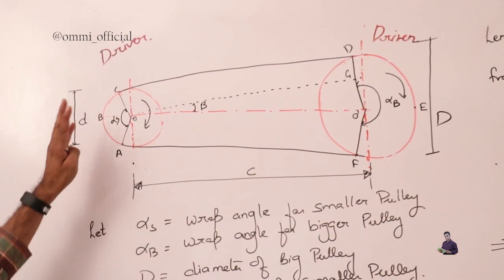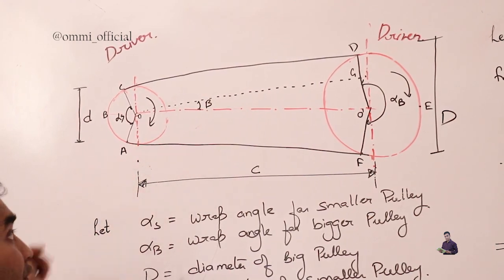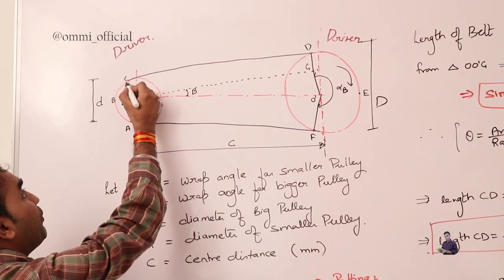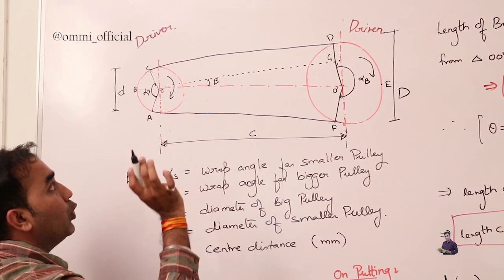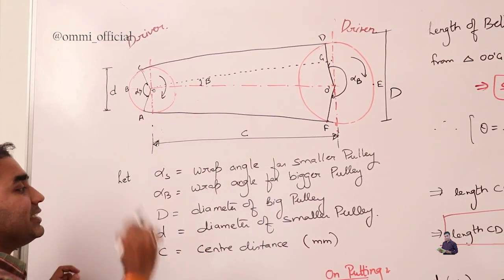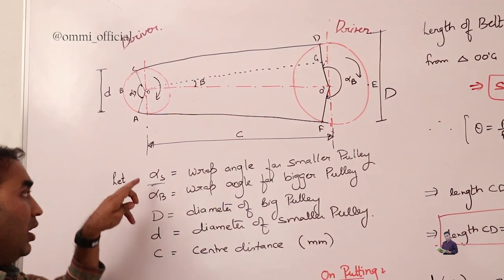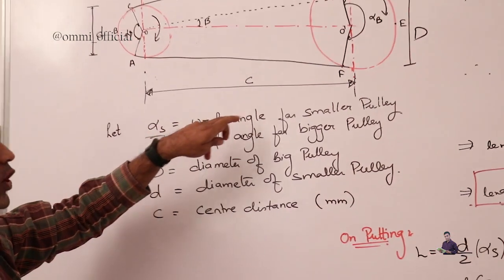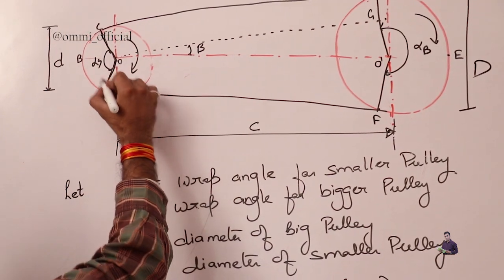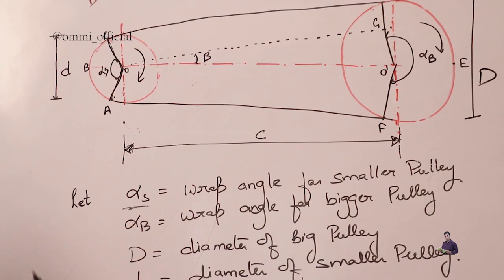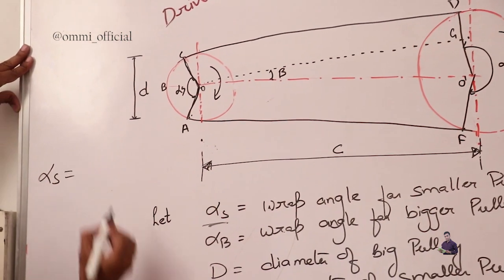Now dear, the belt is in contact with this pulley. If you see the contact, this is the portion where the belt is in contact, and then after that it leaves the pulley. So my dear friend, this contact angle is known as the wrap angle. Alpha S is your wrap angle for the smaller pulley. This is your alpha S. If someone asks what the alpha S value is, it should be equal to